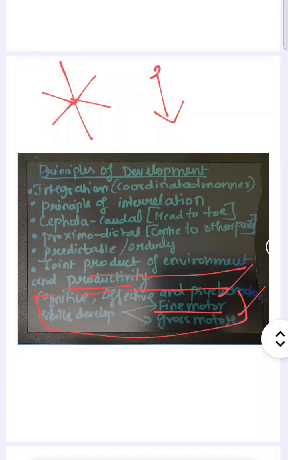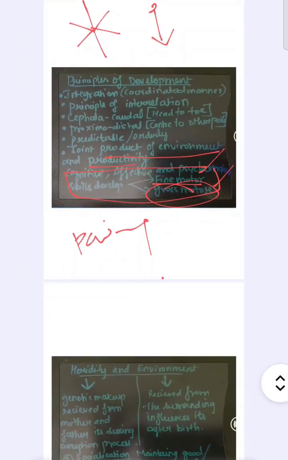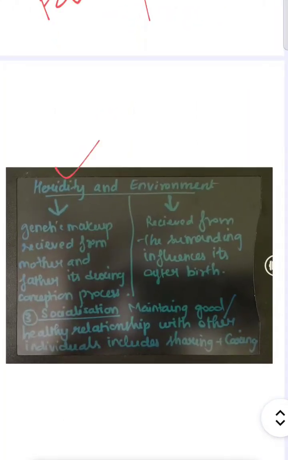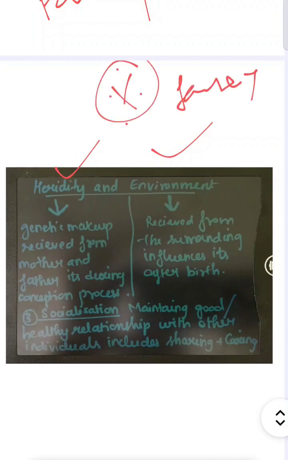Fine motor is where we use only the fingertips, for example painting skills; general basic skills come under fine motor. Gross motor is the involvement of the entire body, mind and spirit, coordination of the entire thing. Heredity and environment are two important factors of growth and development. These factors determine the individuality of a person, which is influenced by genetic makeup. Heredity is the DNA or chromosomes received from the parents, and a mixture of their attributes will be there in an individual.